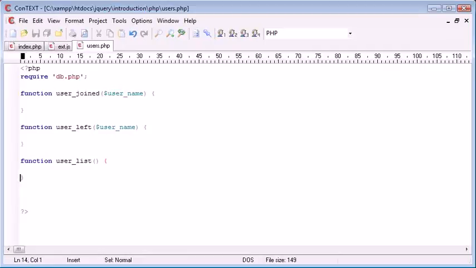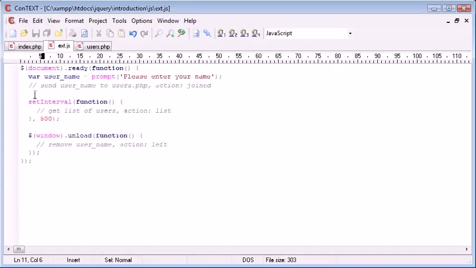So we'll go ahead and start to write out the code in just a moment. Now we've outlined our functions and we know what we're doing inside this file here. We want to go ahead and actually send the requests to the file. So first of all, when a user enters, we want to send the username over to